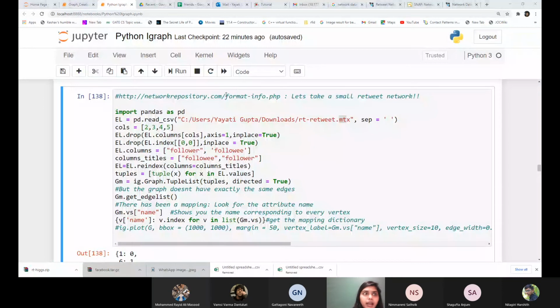Okay, so although it's again an MTX format, if you look at it, it is quite similar to your edge list representation, just different in the sense that it has two additional lines. The first one defines its format, the second one tells you the number of rows and columns your matrix has. So this means there are 96 nodes in this network, and you have 117 non-zero entries.